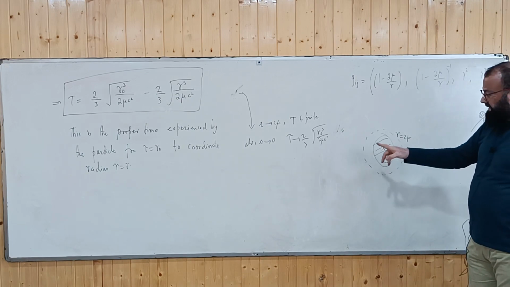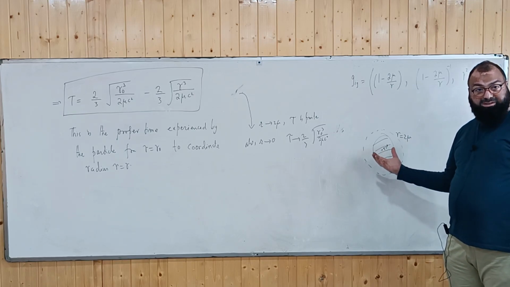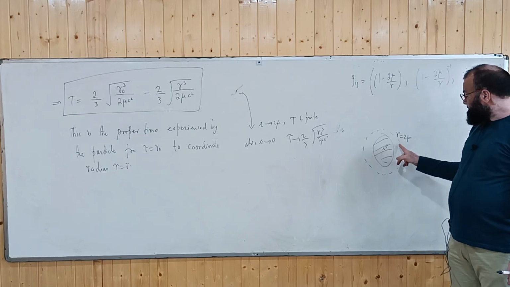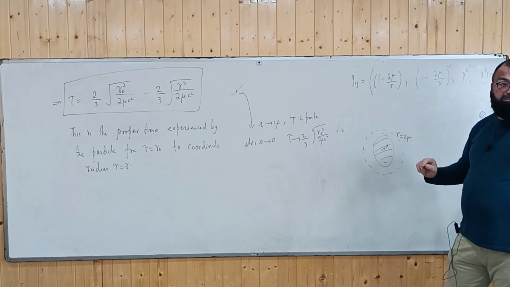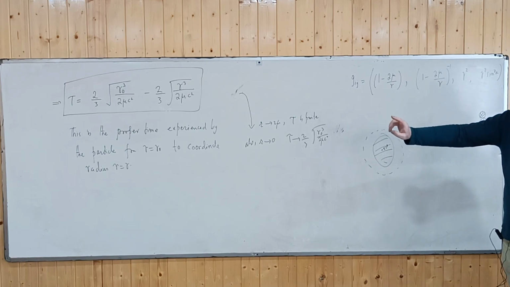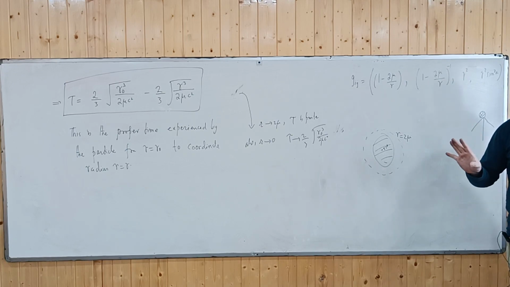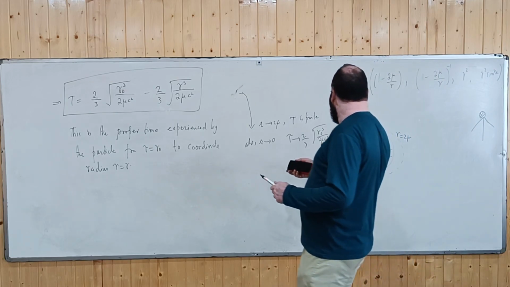We'll see, in the next lecture, this r equal to 0 is the actual singularity, what we call the black hole singularity. And this r equal to 2 mu will simply give me the event horizon of the black hole. So that we'll see in the next lecture. But keep in mind, the proper time is finite for the infalling observer. Okay? So now let's look at this dr by